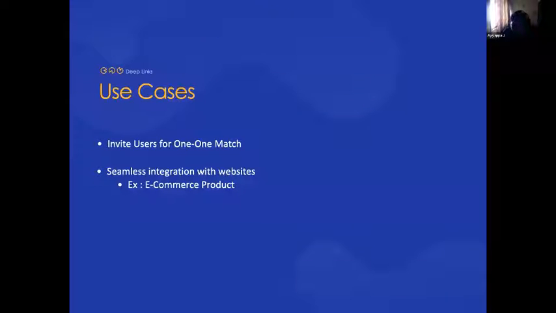Consider you want to buy a TV, and you open Flipkart on your mobile browser and search for televisions. In the listing it shows you a particular television from Flipkart. Once you click on the television, with deep links it can take you directly to the app, and it will open the particular television page, where you can directly buy it. Without deep links, the system or the app doesn't know the context or how to present it to the user.